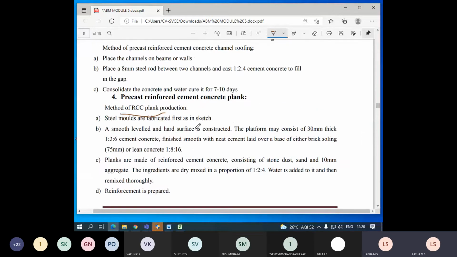Then you find these planks. It is similar to your RCC slabs. The only thing is, it is being cast at the casting yard, and steel molds are being used.